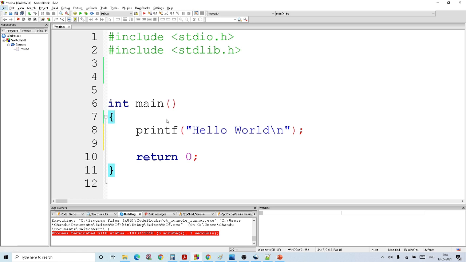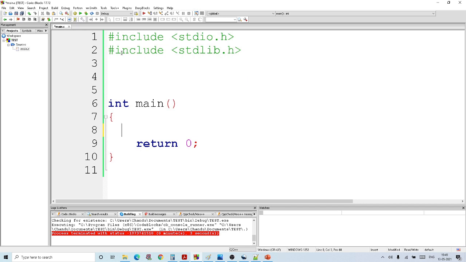Writing functions has two main advantages. One is it avoids rewriting the same code again and again. For example, this printf statement has some 2000 lines of code. We need not write the 2000 lines of code every time we want to print some statement in the console. So once it is written, you can use a single line to execute the code. The second benefit of using functions is that it is very easy to read the program. Suppose you have written a program. After 1 month, if you look at your own program, it's very difficult to understand many times. But if you are using functions, it's very easy to read and debug the programs also.